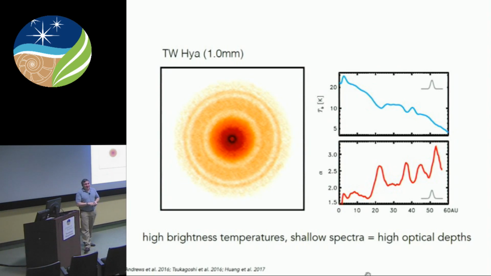The leading interpretation in the literature, from both theorists and especially observers, is that these rings are caused by planets. And it is true, you can make these rings even by relatively low mass planets, like super Earth planets. The gas gap from a super Earth is tiny, but because of that trapping effect of the particles, you can actually create gaps like this from something like Neptune, in principle, according to the theorists. But that does not solve the problem of how you made the planetesimals that made those planets in the first place.